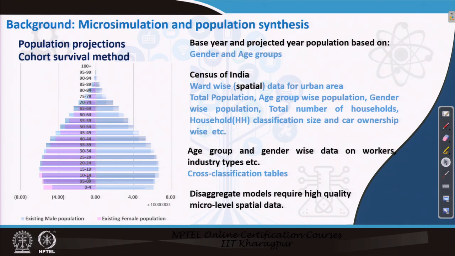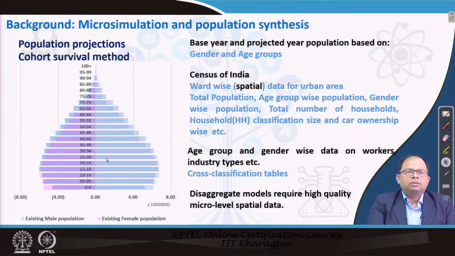One side is male and another side is female, and then the population was projected for the next 10 years down the line, or maybe 5 years down the line, by seeing how each age group transitions into the next age group. For example, people belonging to the 0 to 4 age group, after 5 years, will belong to the 5 to 9 age group. One thing that will change is that some age groups, like around 35 to 39, will also undergo births, and some age groups, like 80 to 90 and 95 to 99, will definitely see some deaths. That will lead to reduction of the population as well as addition of the population.